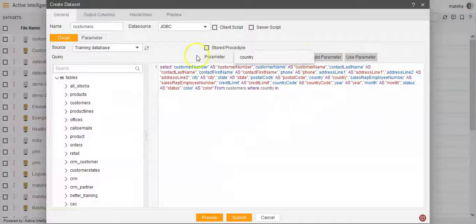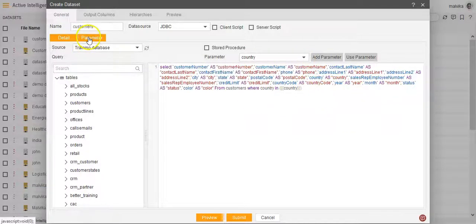Here we'll click on this drop down and we'll select the parameter and we'll click on use parameter. Now you'll see once I click on use parameter, this country with the curly brackets appears in the query. So I'll just close it with an open and close bracket.